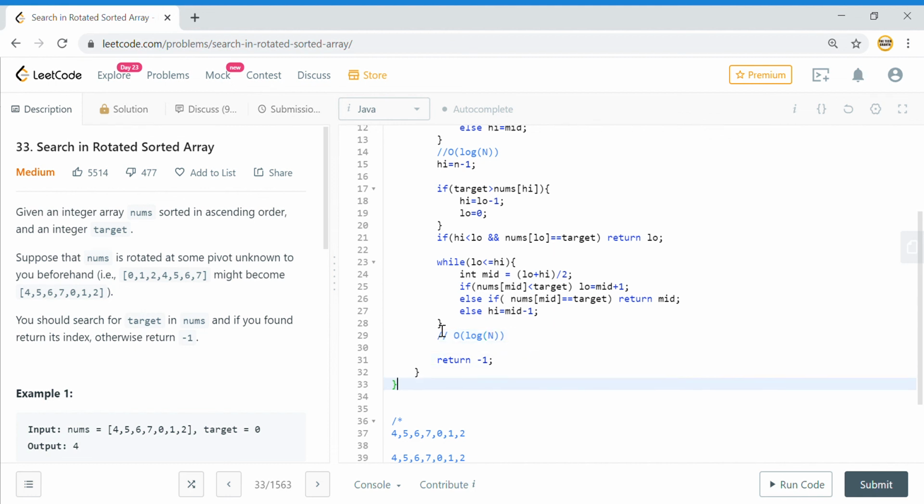So the overall time complexity that we will get is 2 times order of log of n, and this is actually equal to order of log of n. So that is how we are able to search an element even in a rotated array in a logarithmic time frame. So that's it for the video.